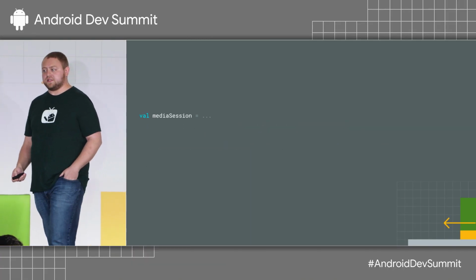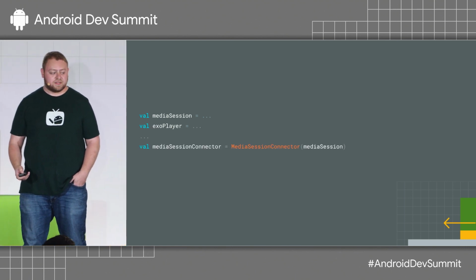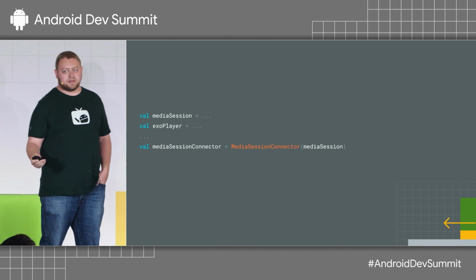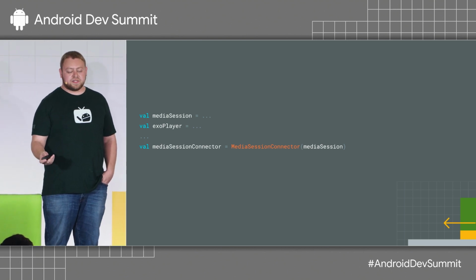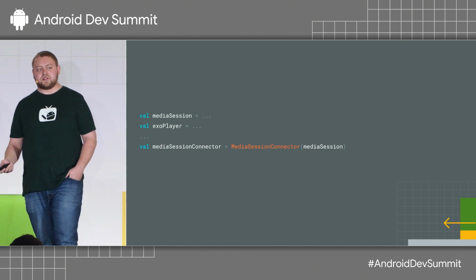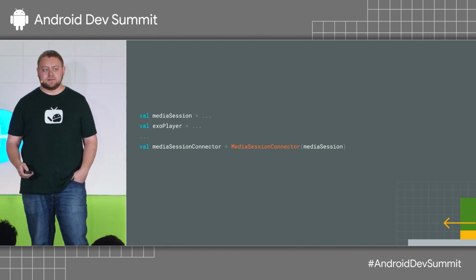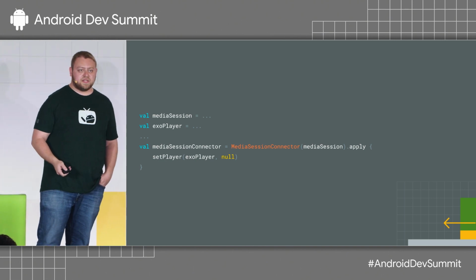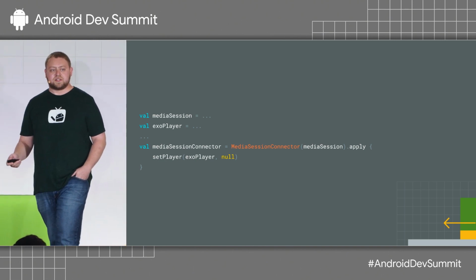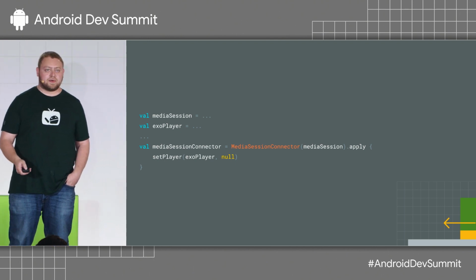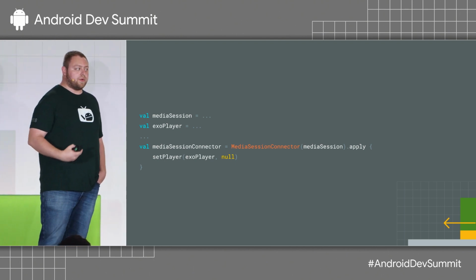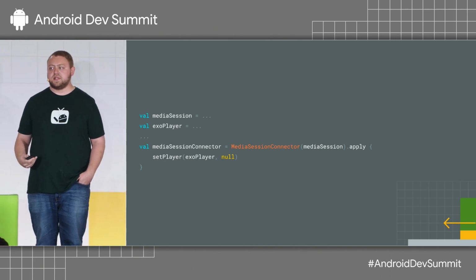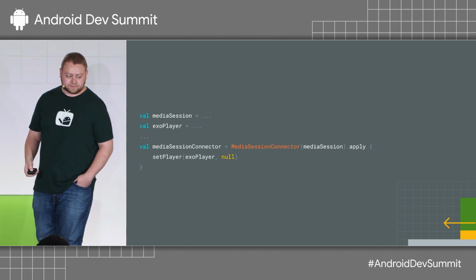Set up your media session to be what you need it to be. And once you have a media session and you have an ExoPlayer instance, connect them. So there's an extension library, media session connector for ExoPlayer. Here you just add in the media session as a constructor parameter to the media session connector. And then you set the player to your ExoPlayer instance. This media session connector understands how to set up the callback, all the edge cases around playing and seeking. You don't want to go past the end of the video. You don't want to rewind before the video starts. It handles all those edge cases for you.